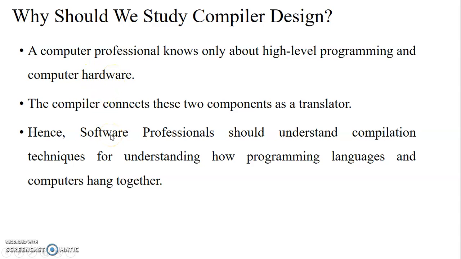So it is very necessary for the computer professional to understand compilation technologies, to know how programming languages and computer hardware are connected together to convert high-level programming language into lower-level programming language in the software engineering